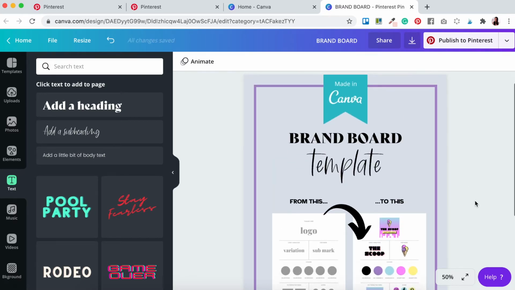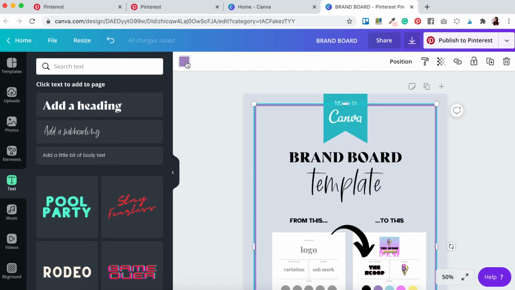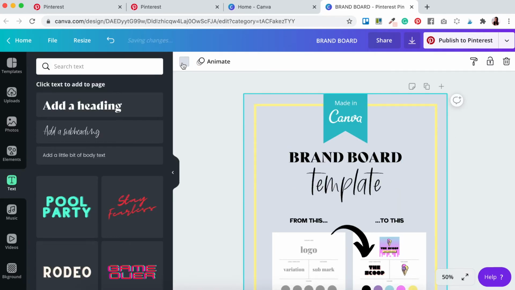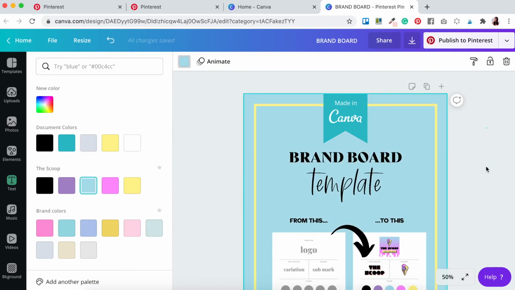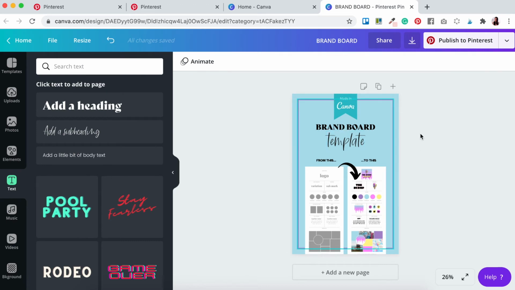Okay, so let's have a look. I might make this a bit smaller. Might change the color of this and change the color of the background. Maybe something like that. I might just add in a box at the back here just to kind of separate this area from this